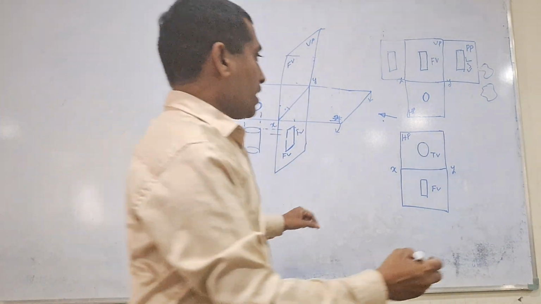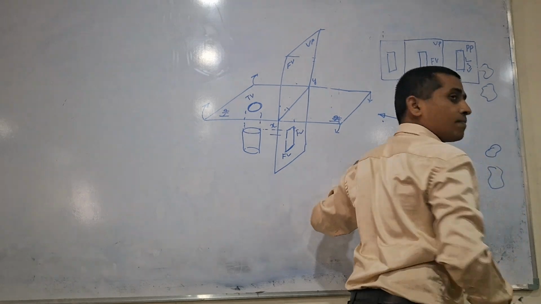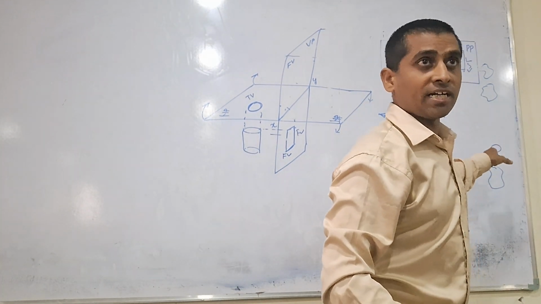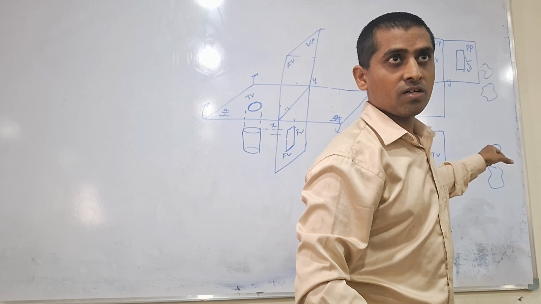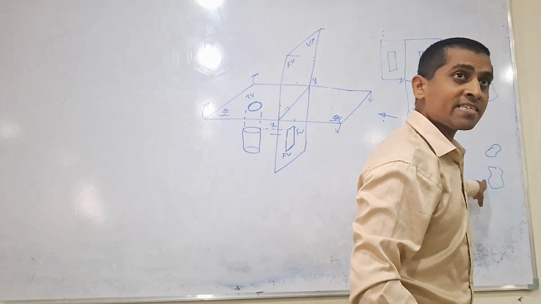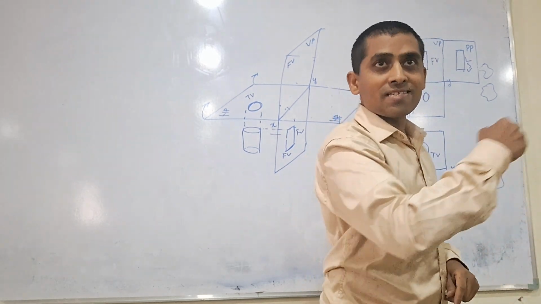Right? So it means if two figures are like this, and if it is mentioned that it is a third angle, these are third angle projections. Then what is the above figure? Top view. The below figure is front view. Is it clear? They will not mention a reference line.